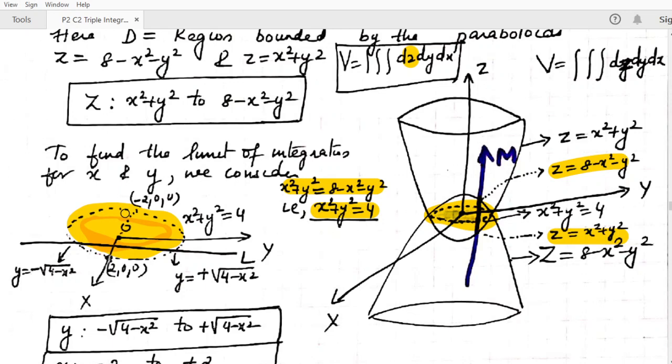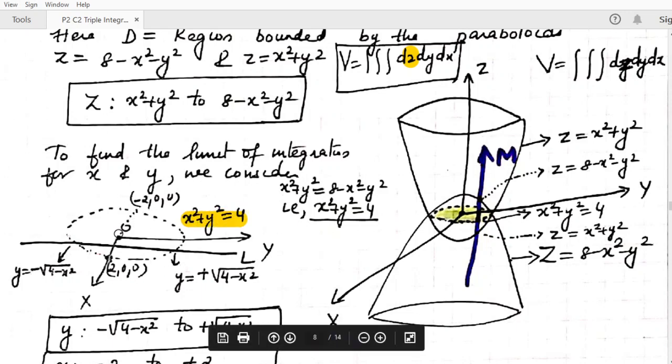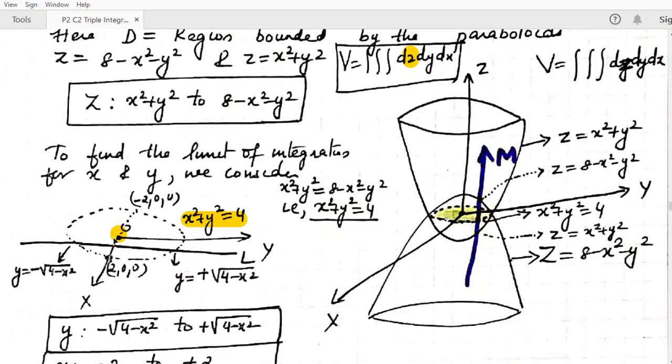First we have to properly sketch this region for a close observation. I have zoomed in and drawn this region to observe it closely. Here we can see that it is a circle. x square plus y square equal to 4 means it is a circle centered at the origin. And what is the radius? The radius is the square root of 4, that is 2. Since this is three-dimensional space, this point is 2, 0, 0.